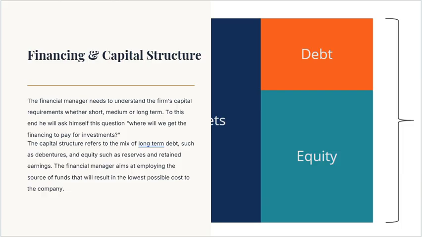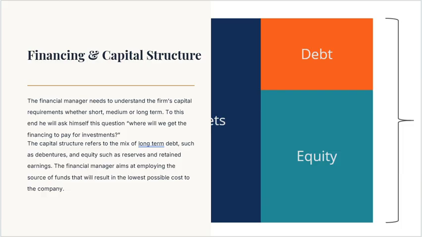Debt, which can come from many sources like debentures or bonds, and equity, which can be internal equity, which we call retained earnings, or external equity, which is raised from issue of ordinary shares. So the finance manager then has to decide which is the best combination between debt and equity that we will use to finance the affairs of the firm.